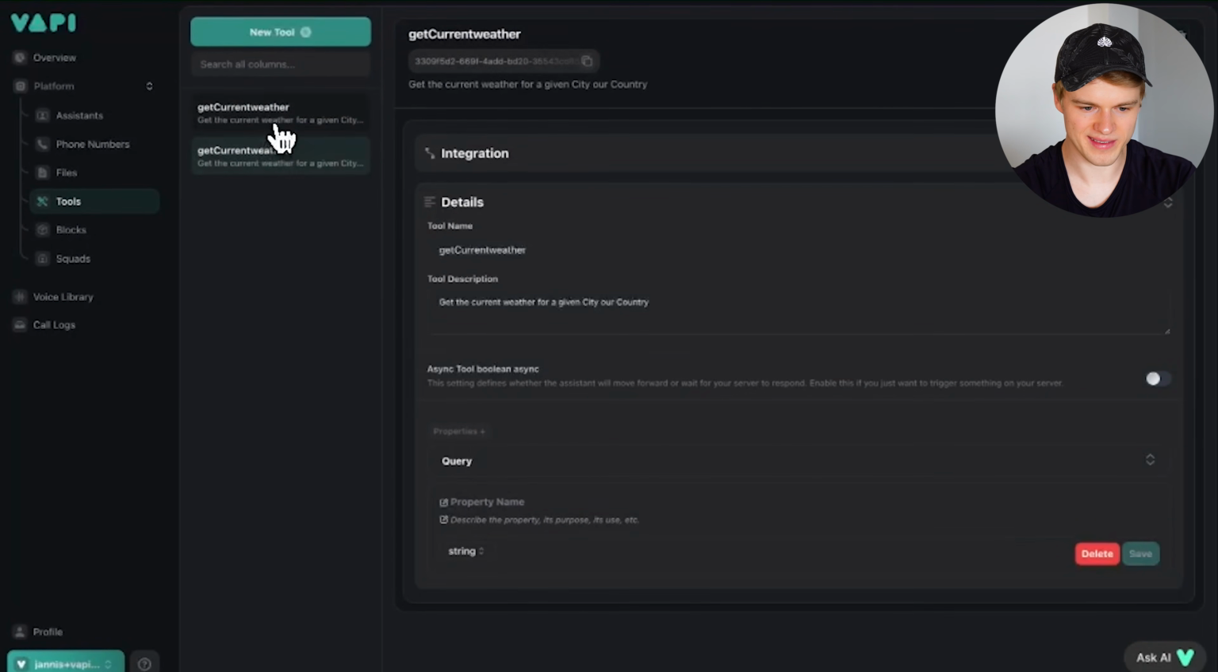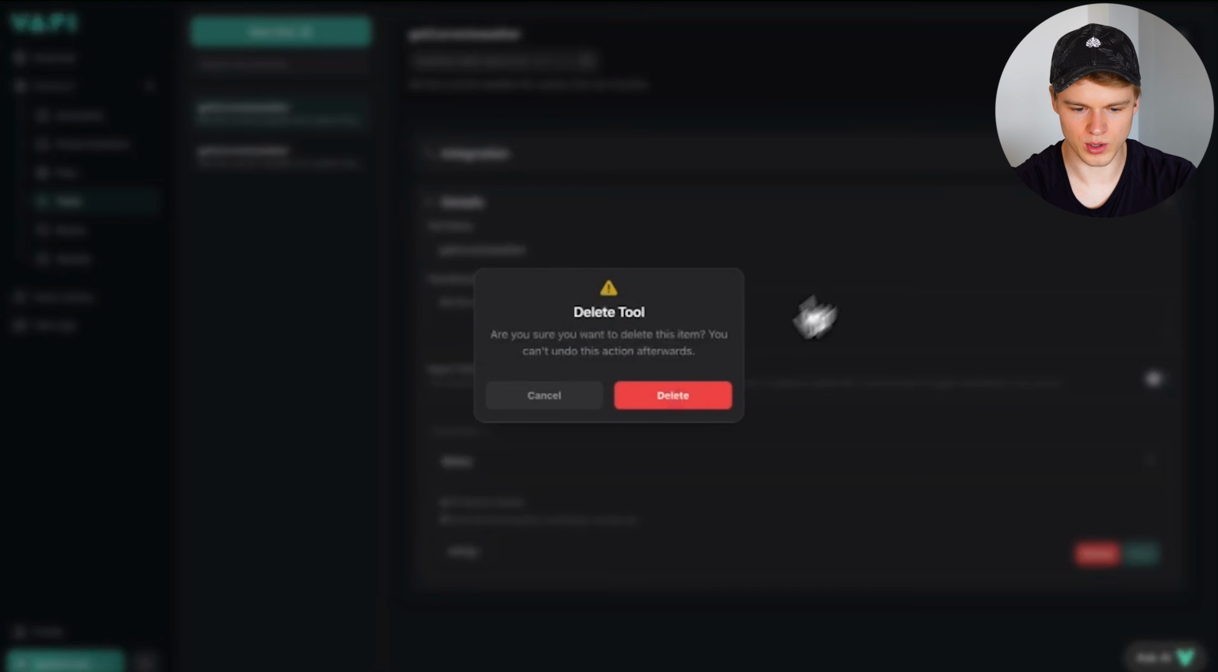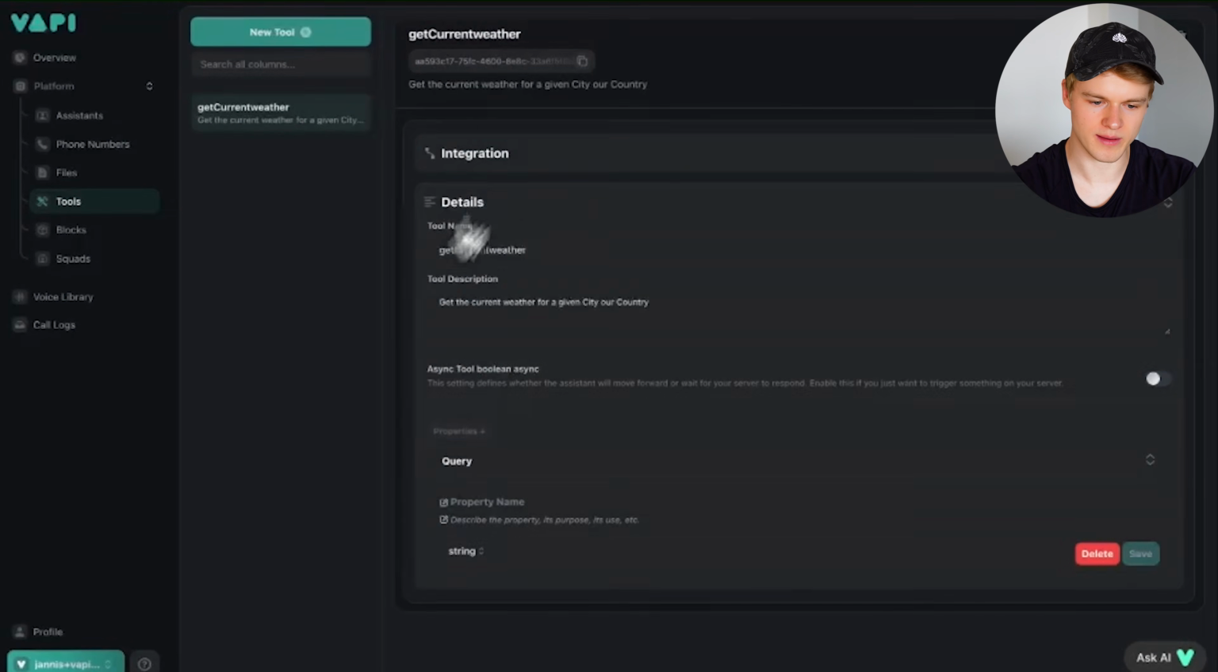So now we basically have twice the exact same function. So what I'm going to do is I'll just delete one of them, because in the end we only need one, right? So you will have that exact same setup, which looks like this. And now we're coming to the next part, which is actually connecting the tool, first of all, with your assistant,